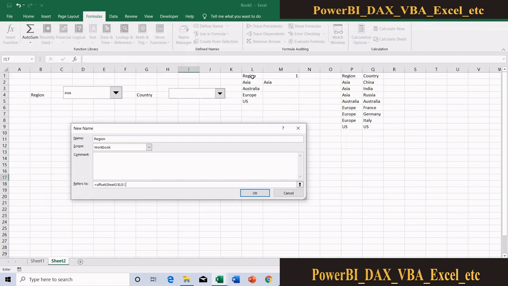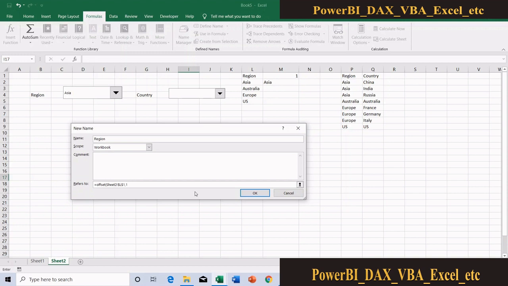Region is my heading, so I don't want it to come in the range, because it is only a heading. I need only the values. That means I don't want the cell L1, though it is my reference cell as well. So I need to just offset one row from here to get my first data cell. Okay, first data cell I got.